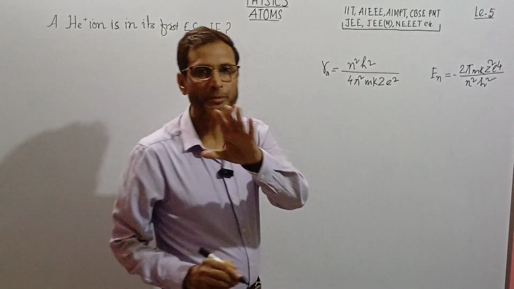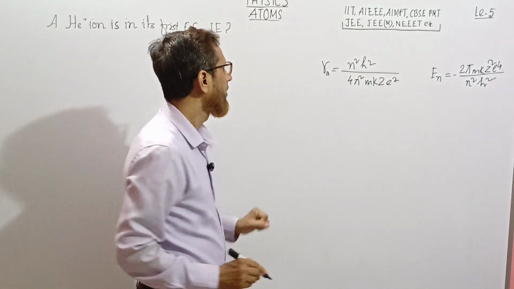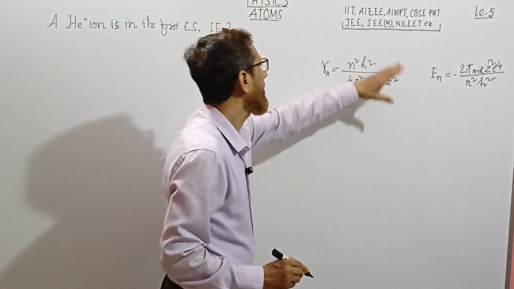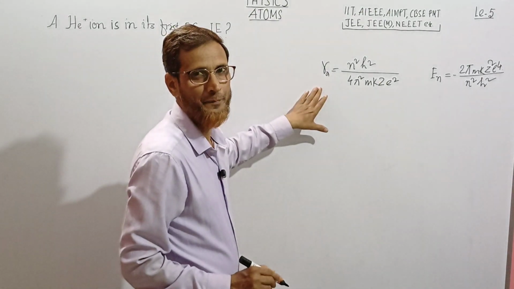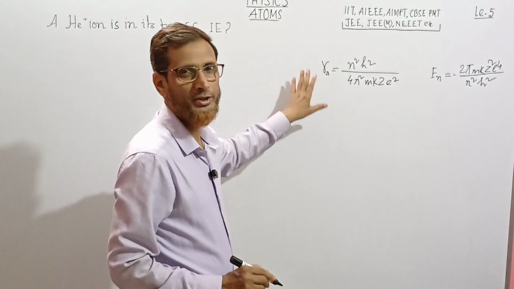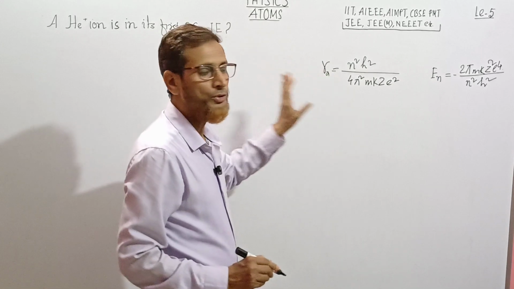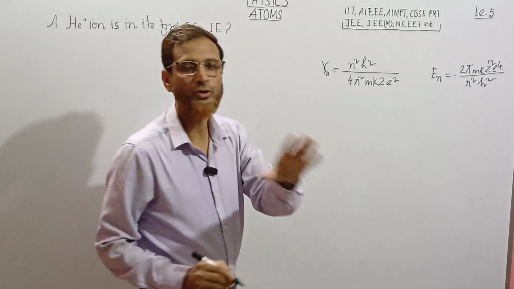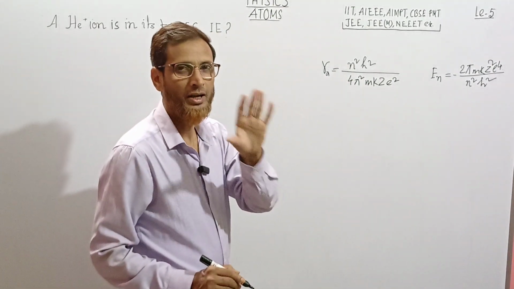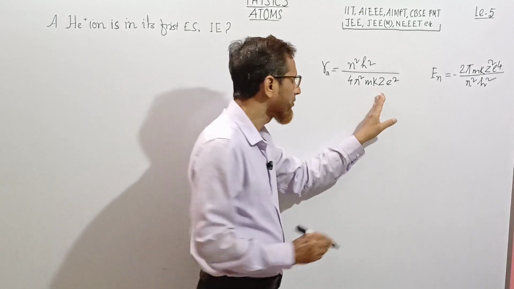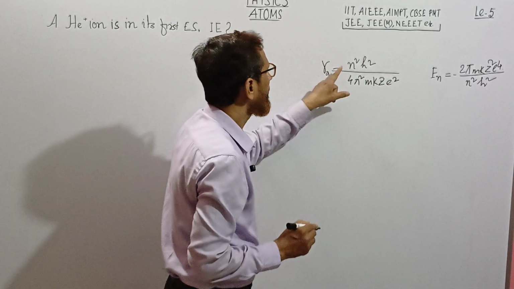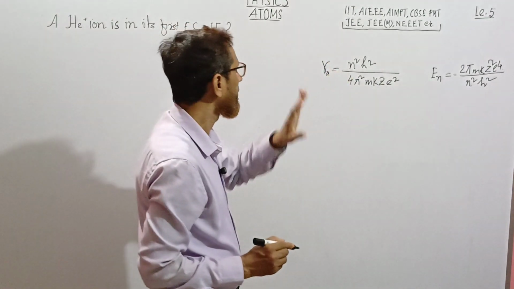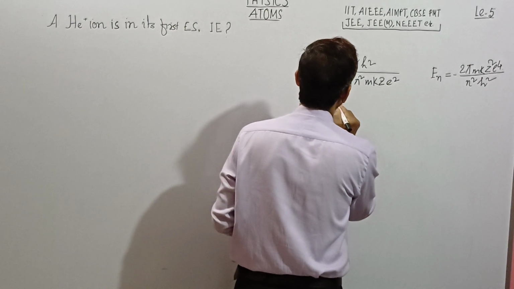The shortcut way to keep all this in your mind is very simple. You see Rn, the normal formula of the radius. From this formula, Bohr calculated the Bohr orbit. When we talk about the Bohr orbit, we just assume n is equal to 1 and z is equal to 1, that is for ground state hydrogen, n is equal to 1 and atomic number z is equal to 1. When you put n equal to 1 and z equal to 1, all other things remain constant, and we find the value